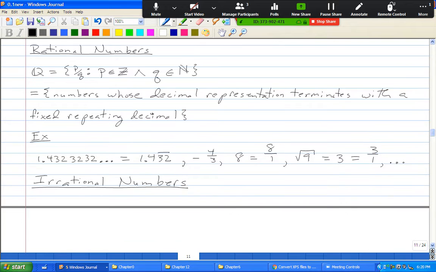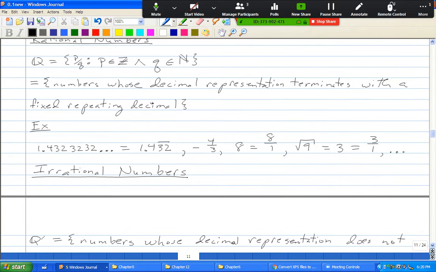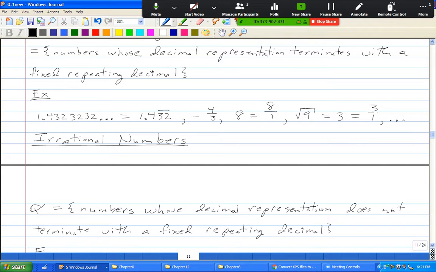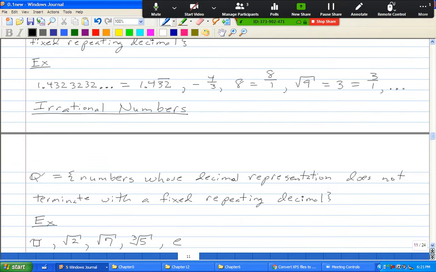Irrational numbers, denoted by the letter Q with a little dash, meaning they're not rational. So not rational, the complement of the rational numbers. These are numbers whose decimal representation does not terminate or end in a fixed repeating decimal. Examples of irrational numbers are, well, this symbol here denotes pi, which is the ratio of